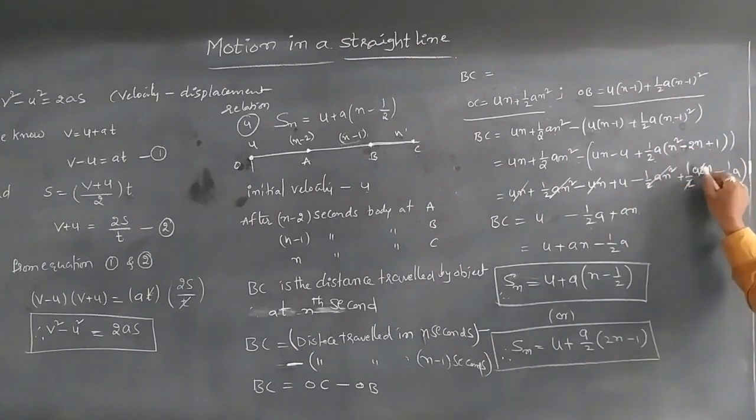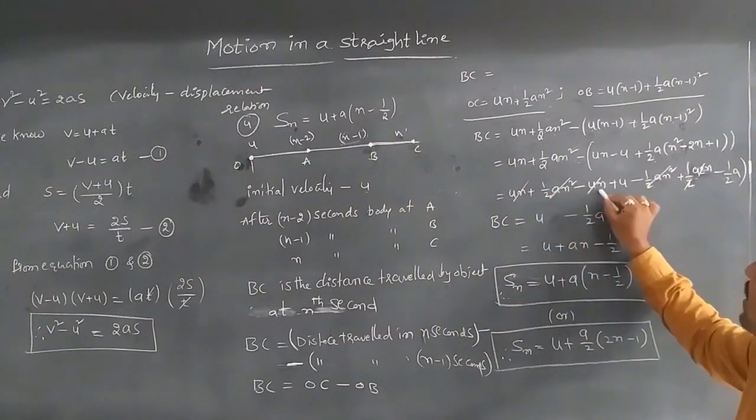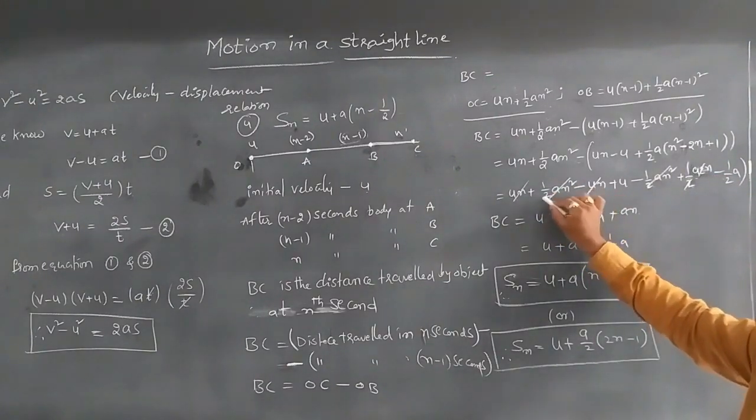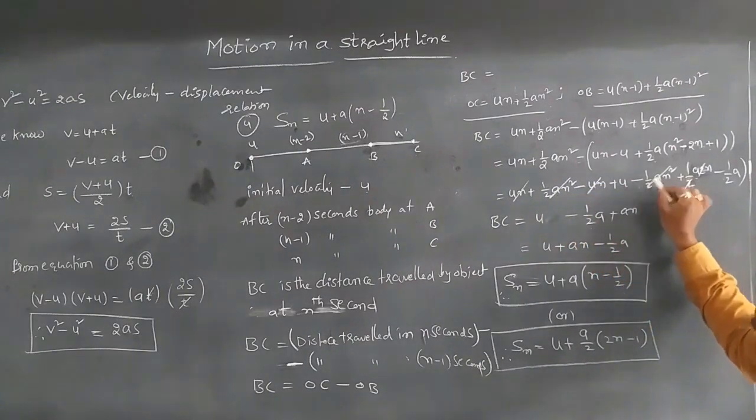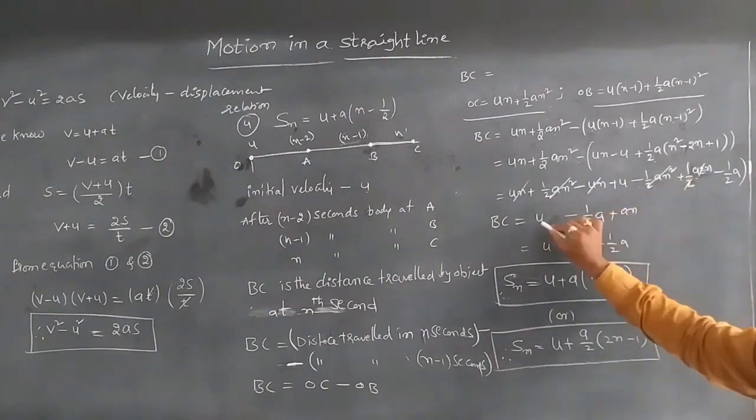Here 2 is common, so that's why it cancelled. Remaining as a n, and u n plus u n minus u n get cancelled. Half a n square plus half a n square minus half a n square get cancelled. The remaining terms are u